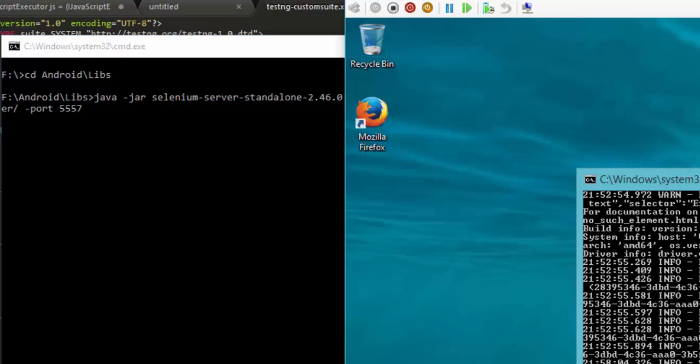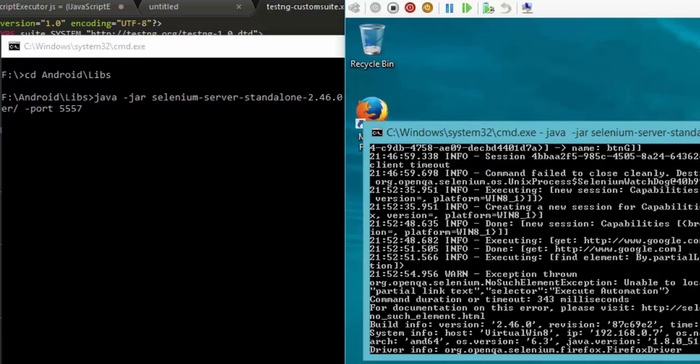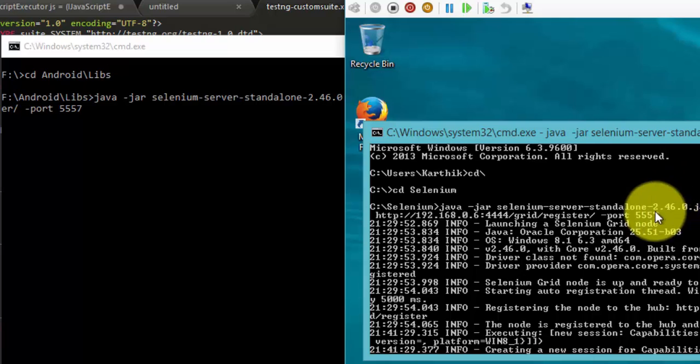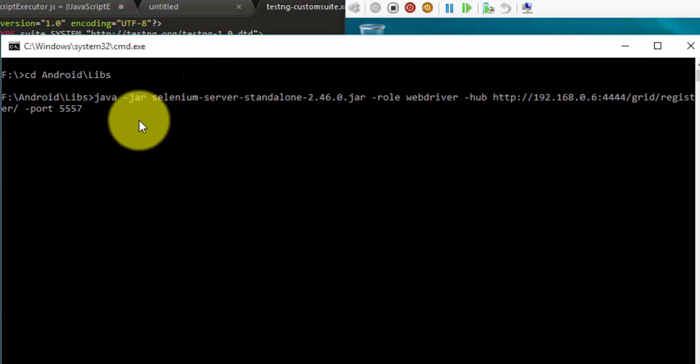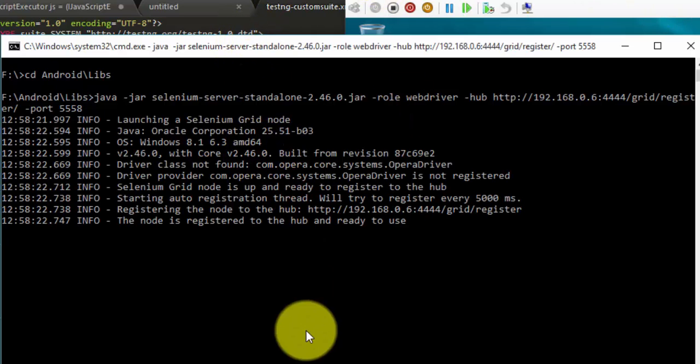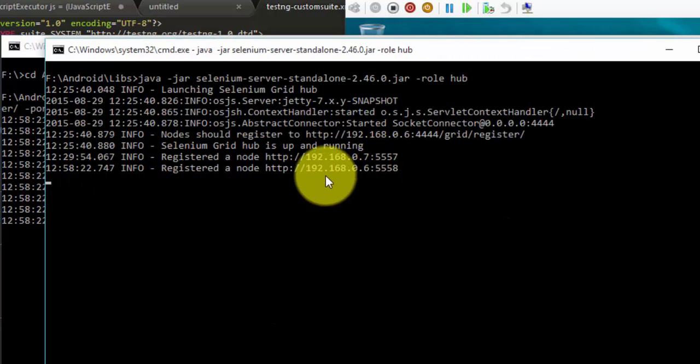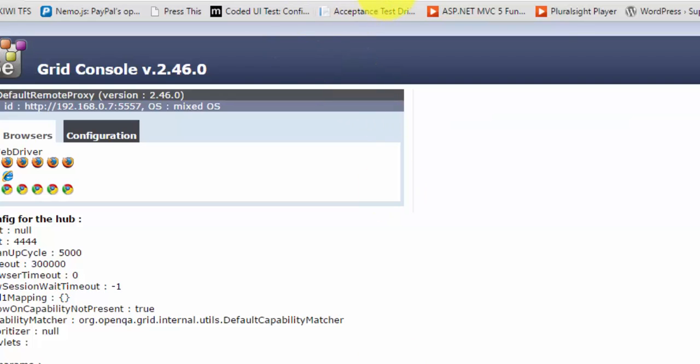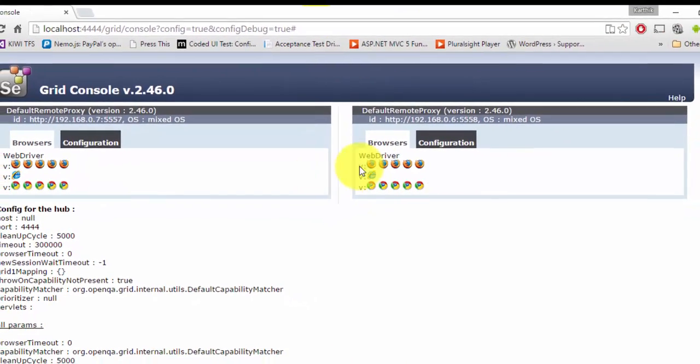I think the last time I set the port number as 5557. Okay, so if it is 5557, then maybe for differentiation purpose, we'll make this as 5558. Great. Now if I hit enter, you can see that even there is one more machine registered into the server. And now let's go back to the UI and let's try to hit enter, and you can see awesome, there